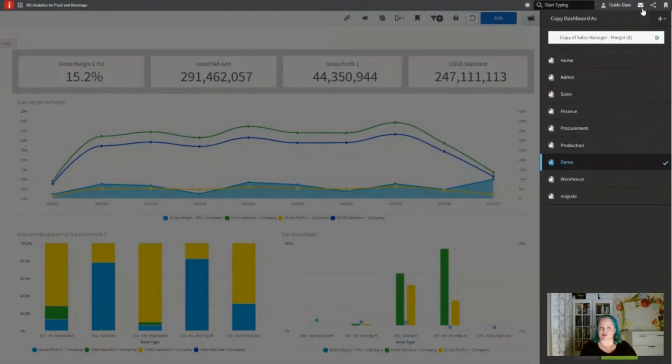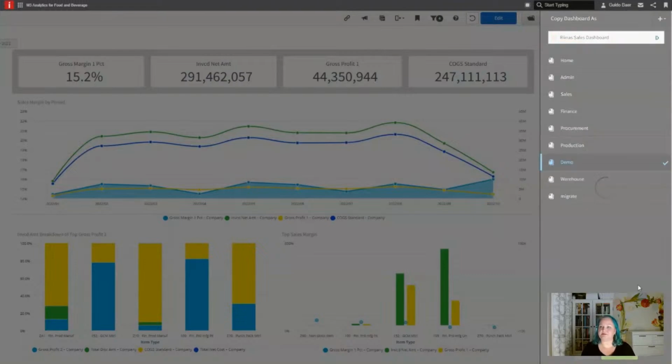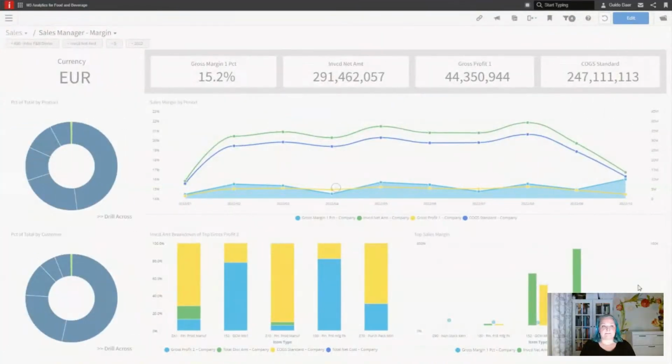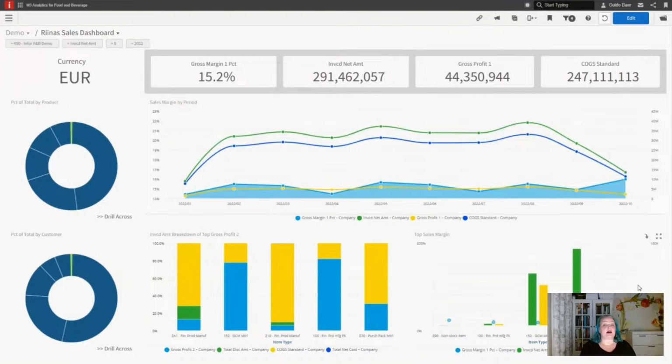So we'll go to demo. I'll just make sure of that. And then I'll call it Riina's sales dashboard. Okay. And now when it opens up, we are in the demo collection and it's Riina's sales dashboard. So we are where we are supposed to be. And it is very, very important to make sure you're in the right place when you do these changes,